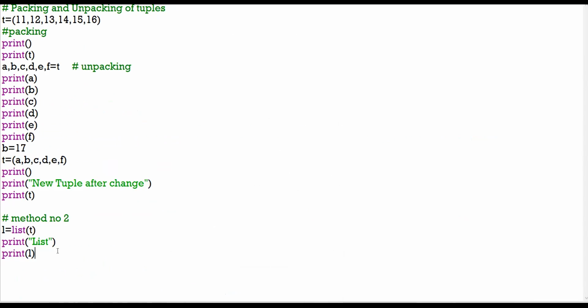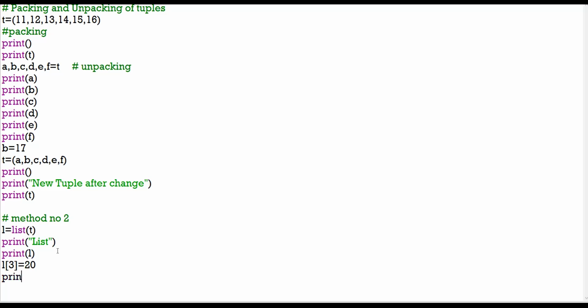Now what you do, for the third element of the list, you provide the new value 20. You provide a new value 20 to the third element of the list, right?